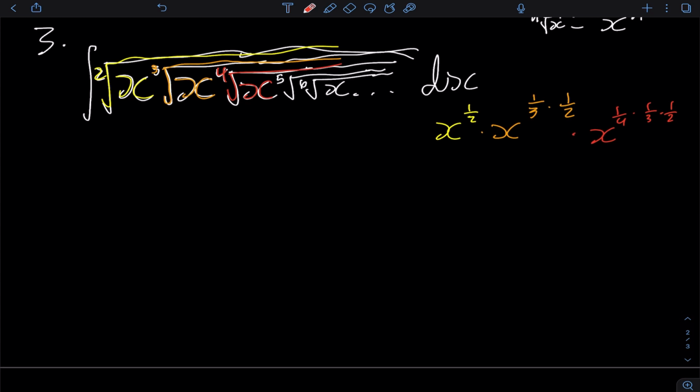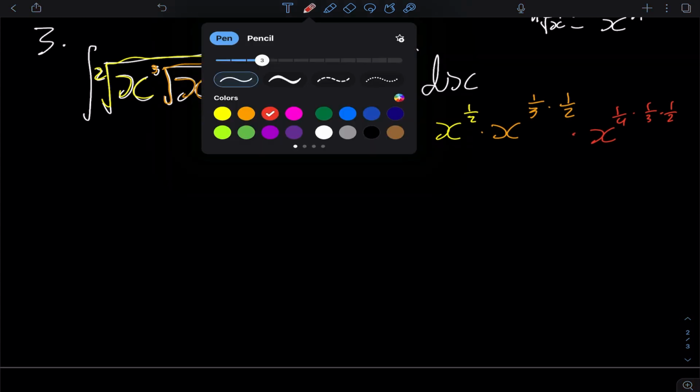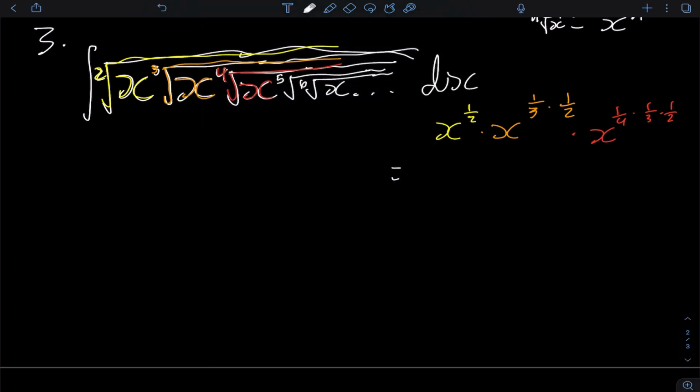So what we see here is that these are the same base, they're being multiplied, so this is equal to x to the 1/2, and then we add the powers, of course, 1/3 times 1/2, and then we add 1/4 times 1/3 times 1/2, and more precisely now we can write this finally as 1 over 2 factorial plus 1 over 3 factorial plus 1 over 4 factorial,